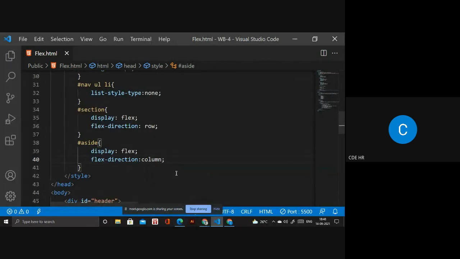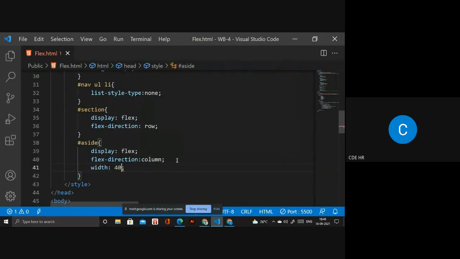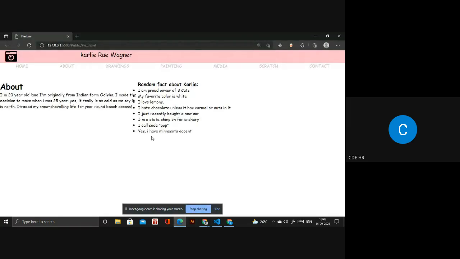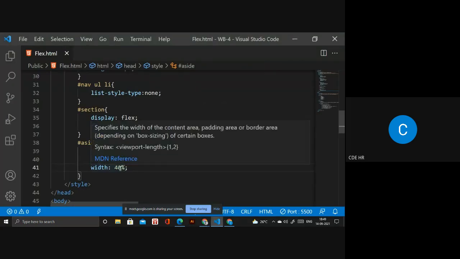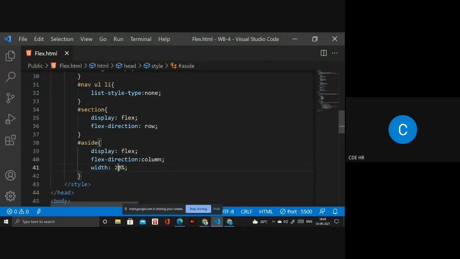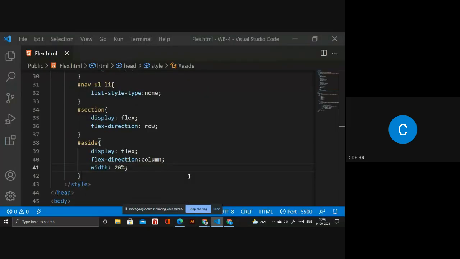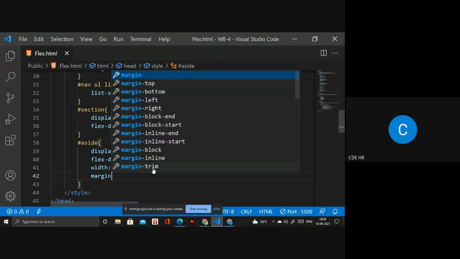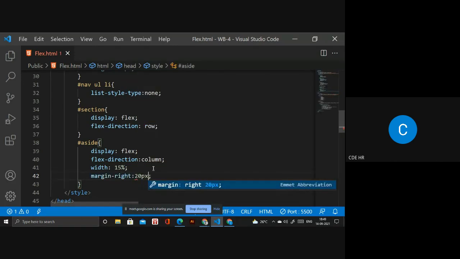Okay, and you have to write something like 45%. Okay, that looks good. Now if you want to change something, you can write something like 20. Yeah, it looks good, but I need something less, it's 50. So you need to write margin right. I need margin right, it's 20 pixel.